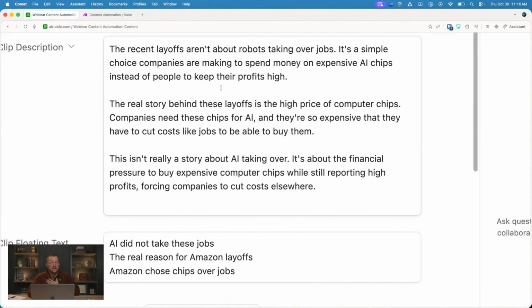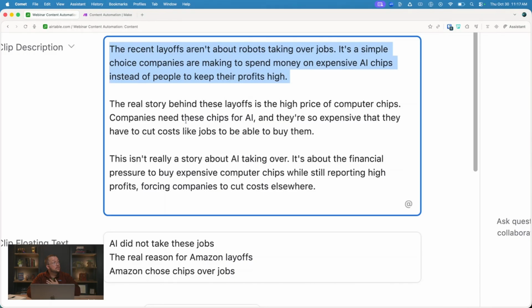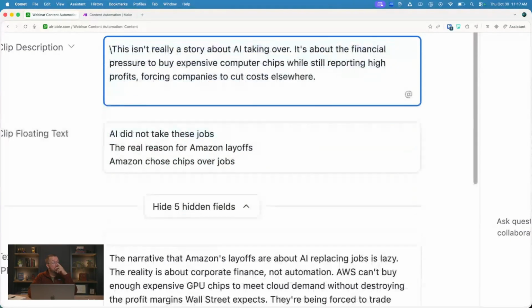I do this as a human. It's a simple choice. Okay, cool. So I like this third one the best. I might even make tweaks. This is just an example, so I'm not going to make any tweaks right now. I sometimes make a couple of tweaks here. And then the floating text,